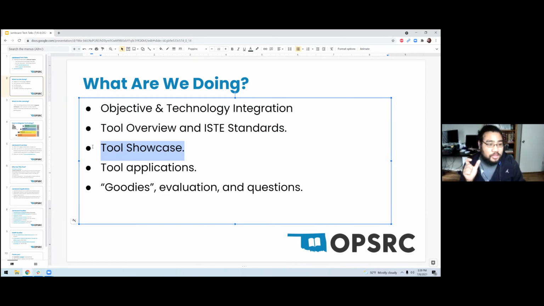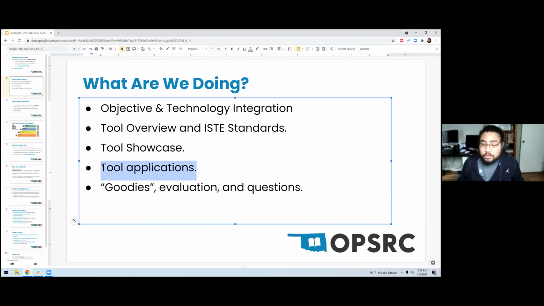So at least the training portion, the cost that comes with introducing this piece of technology in there, I don't think it's necessarily all that high, and I'll kind of walk you through it here. Once I'm done with the showcase and laying down that foundation with the overview and the ISTE standards and the technology integration, I try to bring it all together at this part where I invite you to just